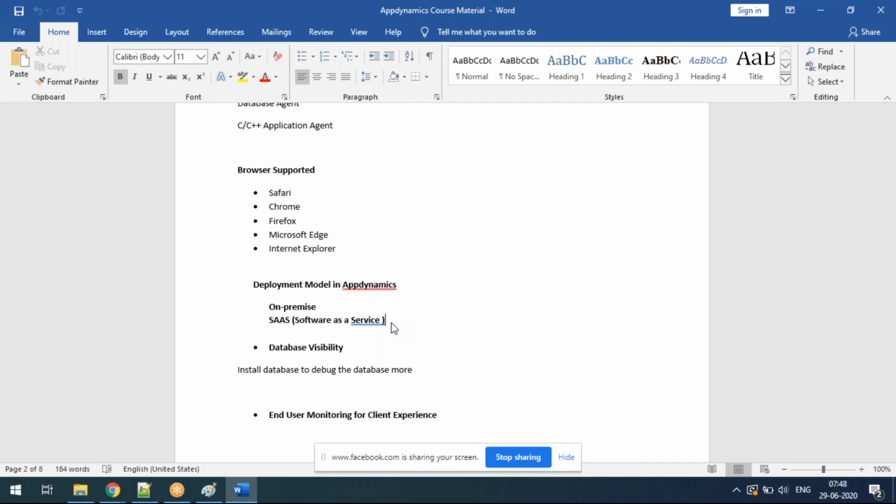Yeah, see, that is what I'm telling you. The core difference between the on-premises and the SaaS is whether I want to have the infrastructure or you are going to provide the infrastructure. Whether I am going to do the maintenance or you are going to do the maintenance. Whether I am going to do the data backup or you are going to do the data backup. That is the reason they are moving towards this on-premises and the SaaS account.